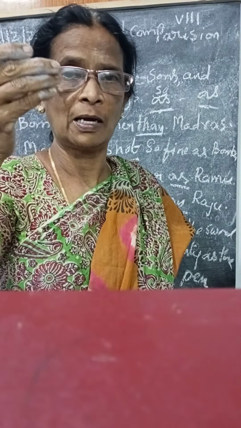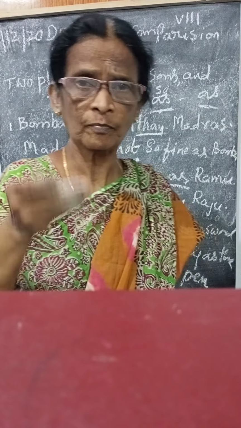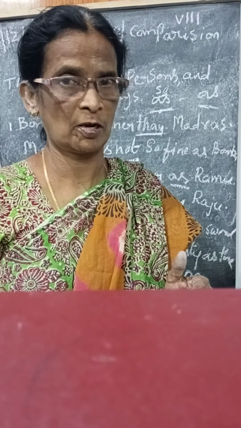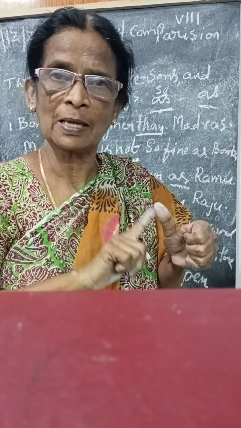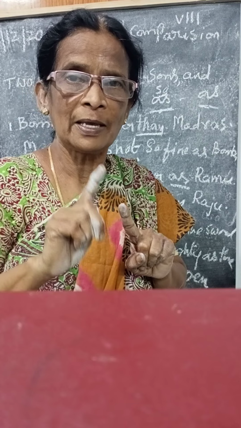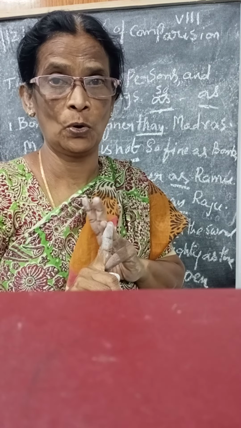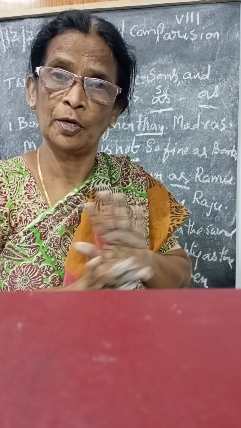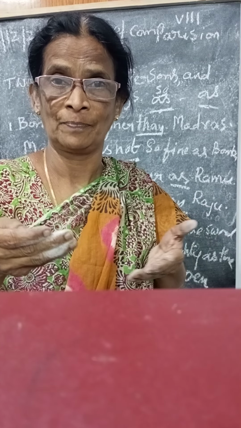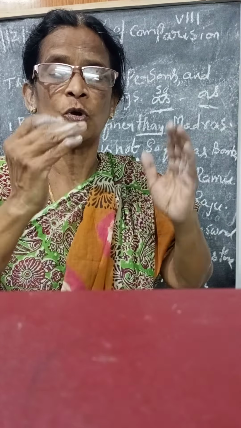When you are writing the degrees of comparison, you have to remember the degrees also. So what is the comparative degree? What is the positive degree? But in the third type there is no superlative. So these two only you have to know. Most probably there are three types, no more degrees. One is the EST and ER ones, and the next one is the most and more. The third one is where there is no need to add anything: good, better, best, bad, worse, like that. Okay. So these three types also you have to remember.